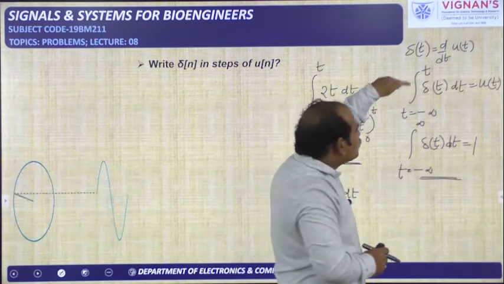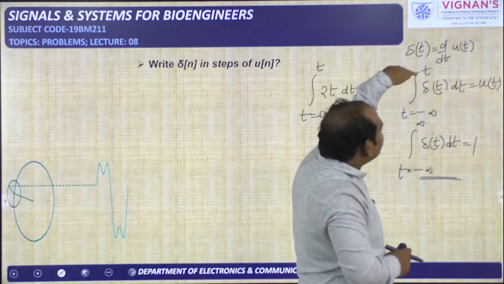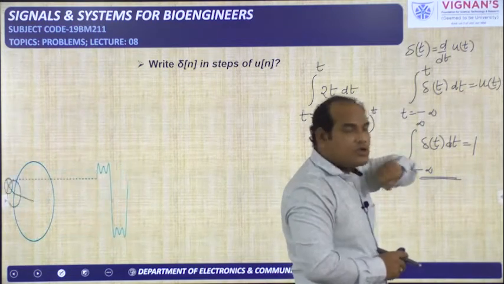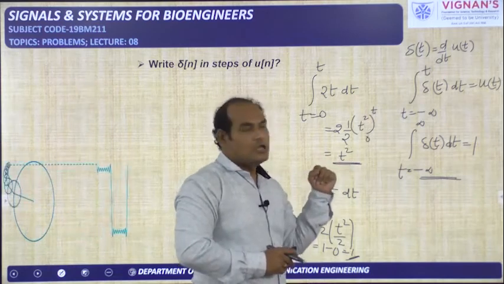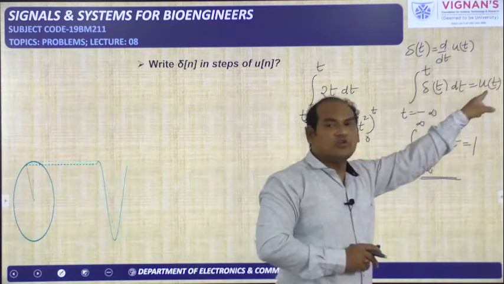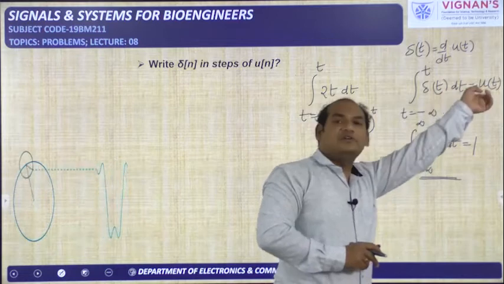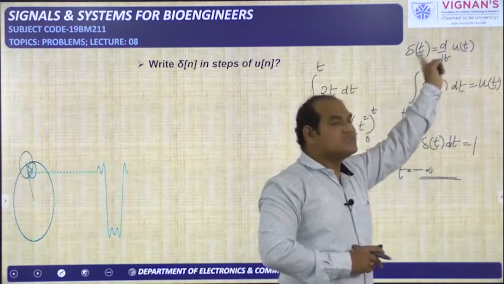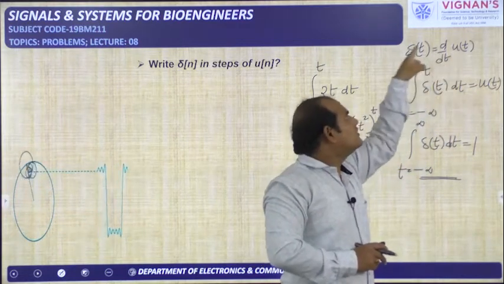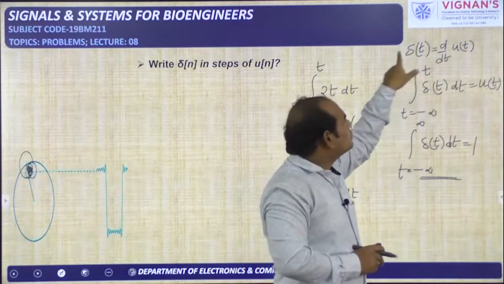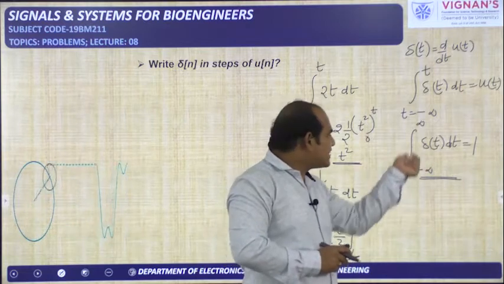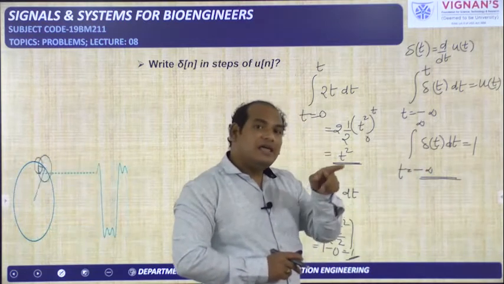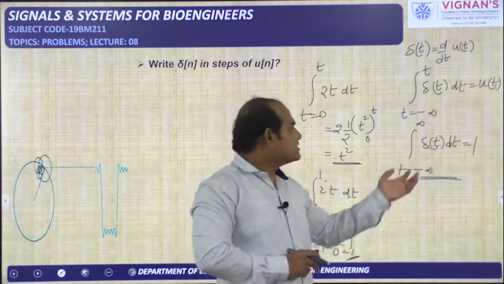But here you are doing the integration by taking the upper limit as the t variable. So you should get a function only, like t square, like t cube. So integration of del of t will give u of t. And why do we get u of t? Here the proof is already over. If you do the derivative for u of t, we are getting del of t. So if you do the integration for del of t, you should get u of t. But what about this? Because here limits are there, you will be finding the area. So area is equal to 1.